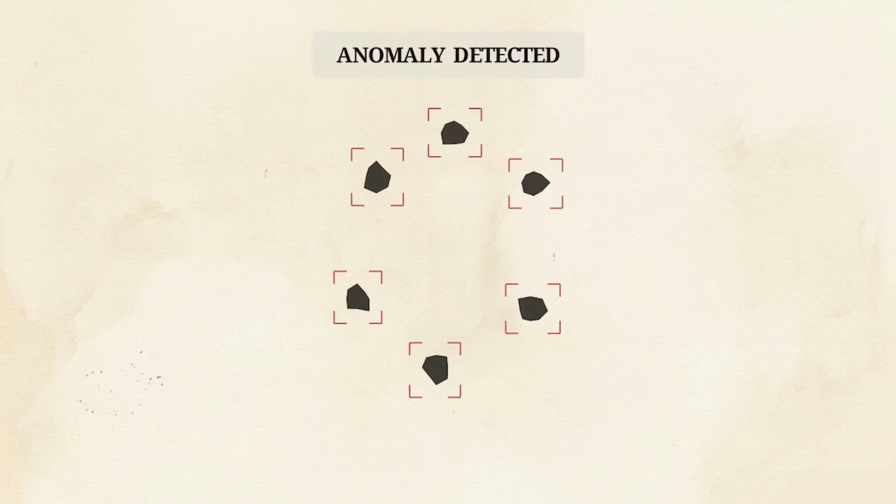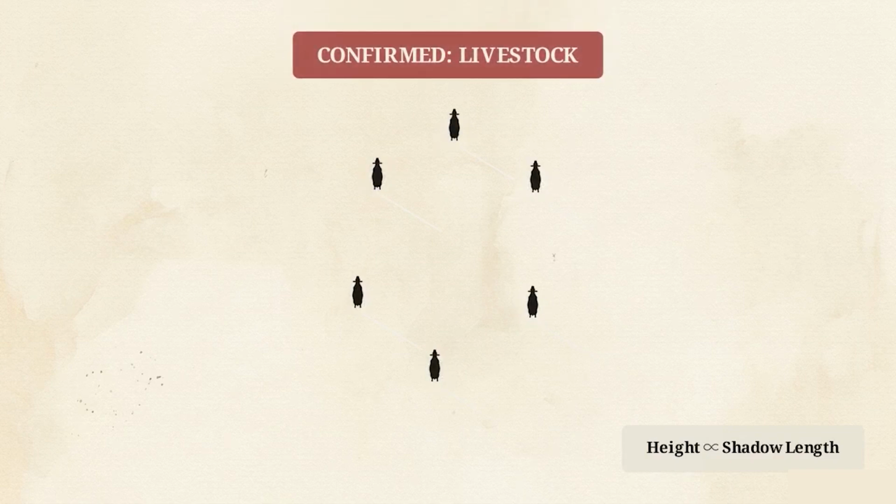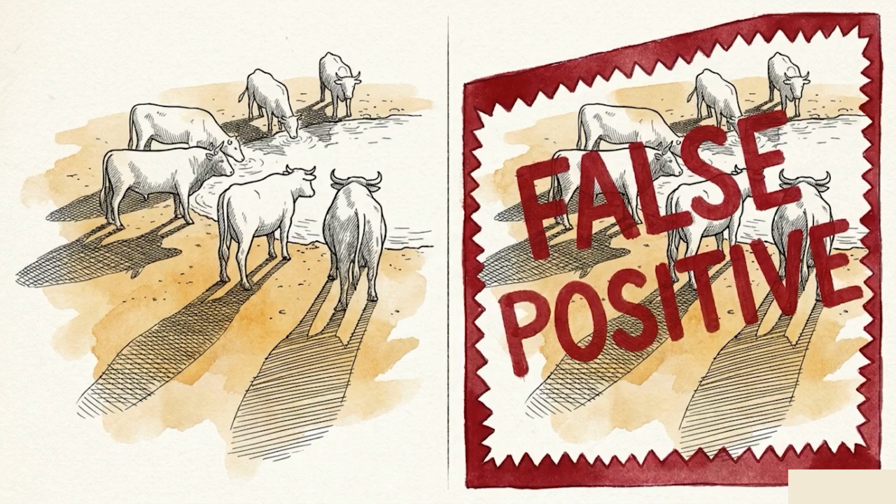The second failure was ignoring environmental physics. This shadow analysis traces the uniform outward shadows cast by these shapes. The shadow's direction and length prove the objects are standing upright on 4 legs. They are livestock gathered at a watering hole, not bodies lying flat. Without a historical normal baseline or an understanding of environmental physics, analysts risk misinterpreting innocent rural agriculture as fabricated evidence